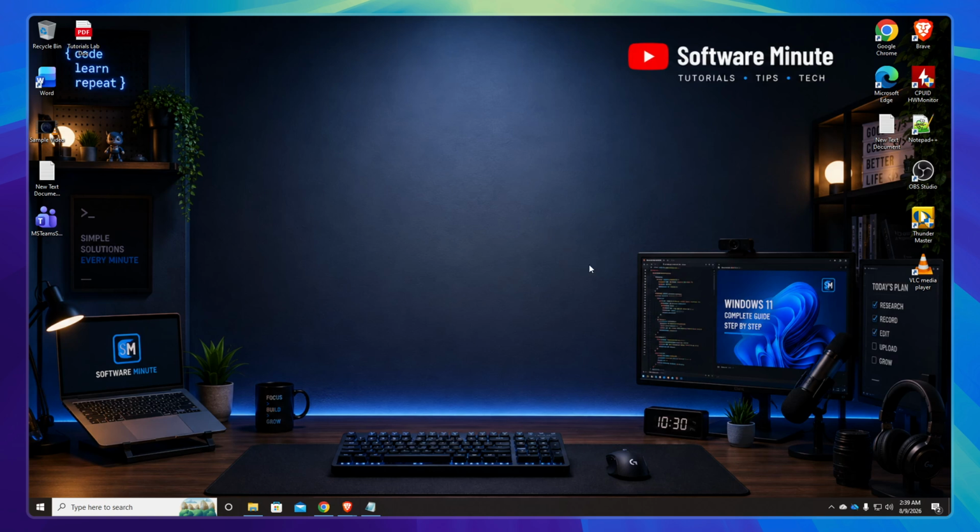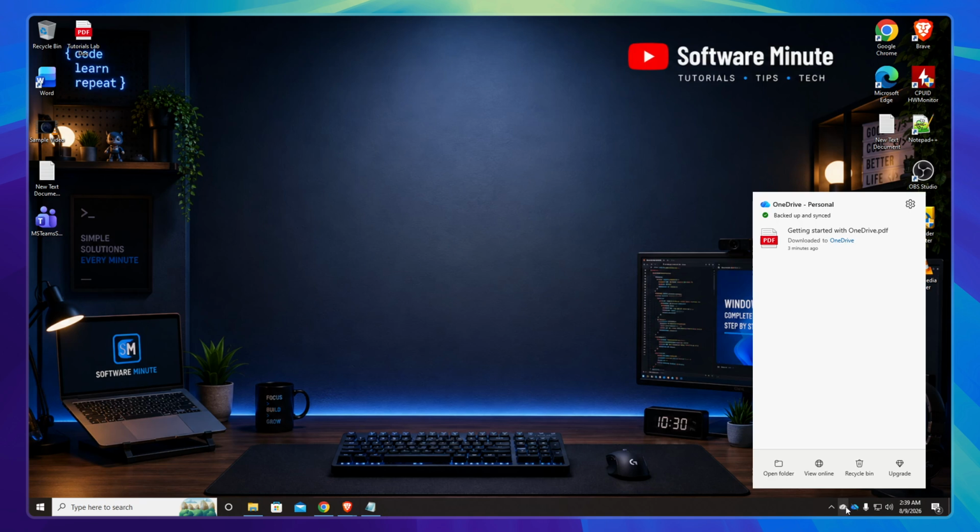First, you'll want to locate your Microsoft OneDrive app, which is typically found on the bottom right of your taskbar within your system tray. Go ahead and click on the OneDrive icon to open it. Once you click, a small OneDrive window will appear on your screen, giving you quick access to your cloud storage